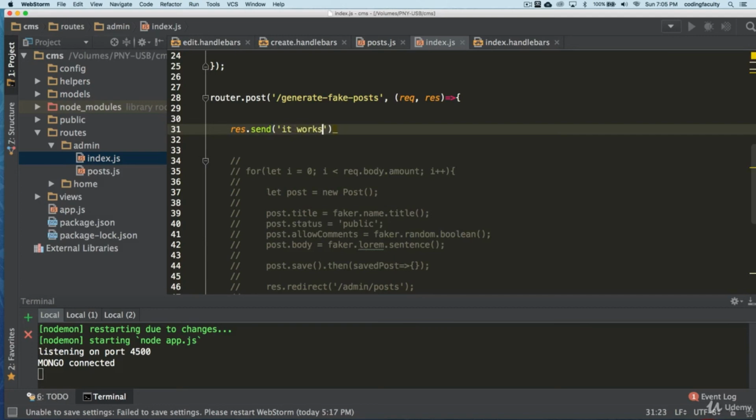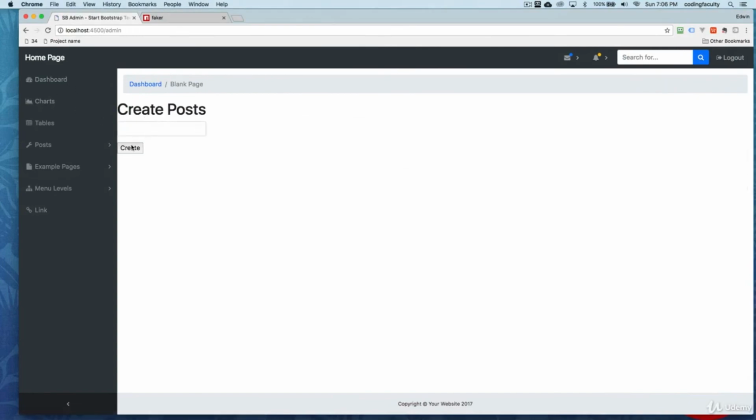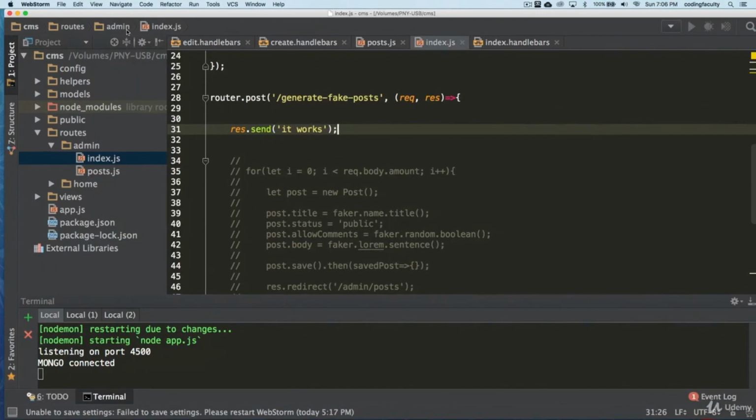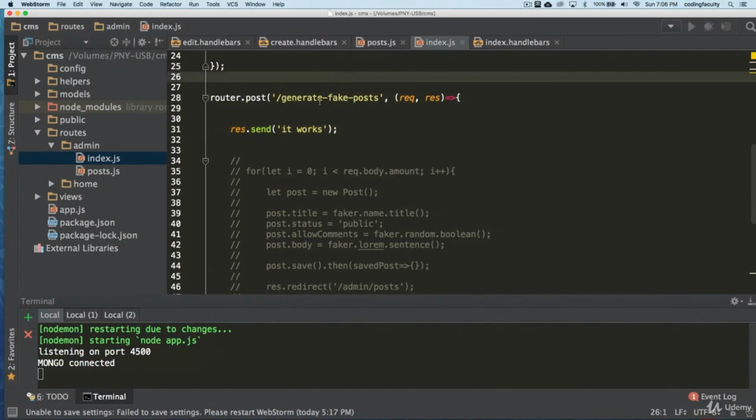I've been coding for some time now, guys. I don't know if you saw the time there. So generate posts. Let's see. Okay, this form is obviously not working, and we are inside admin, and it's supposed to be sending a post request here.